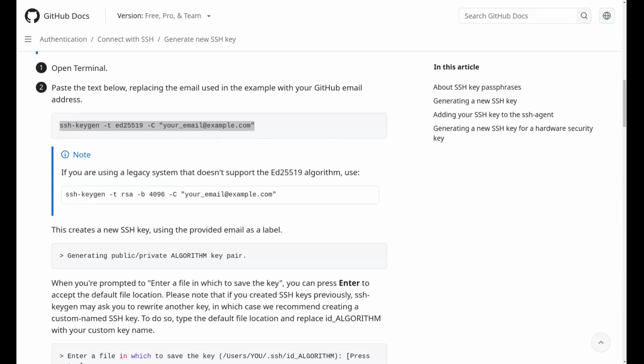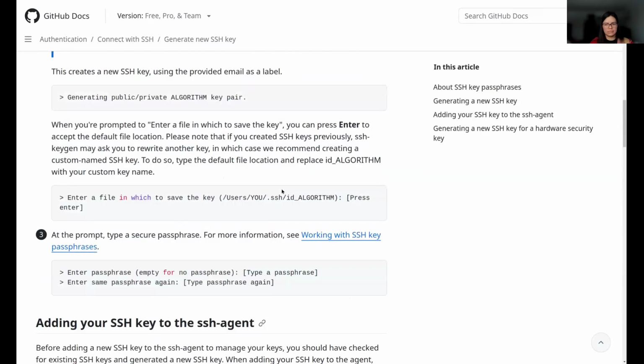Just make sure to change that example email there. And then just like with the Windows example, it will prompt you with those two questions. Those are optional. You know you best and what your privacy concerns may be. So you can hit enter for both of those and it would be fine if you would like.